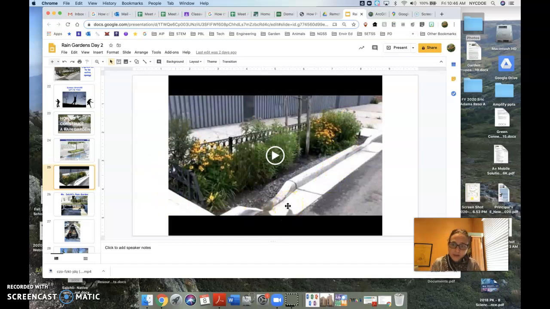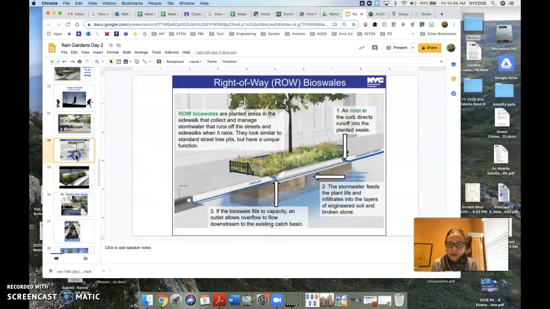that is in great condition. And I'll go to the diagram here to show you. It has the nice fence around it, the guardrail around it. The plants here are growing well. There is a tree in the center, and there are two areas in the sidewalk for the water to enter